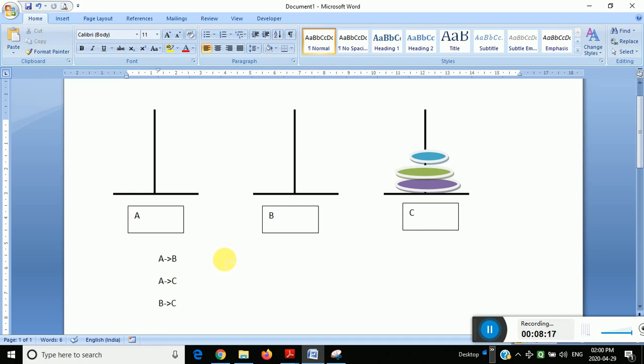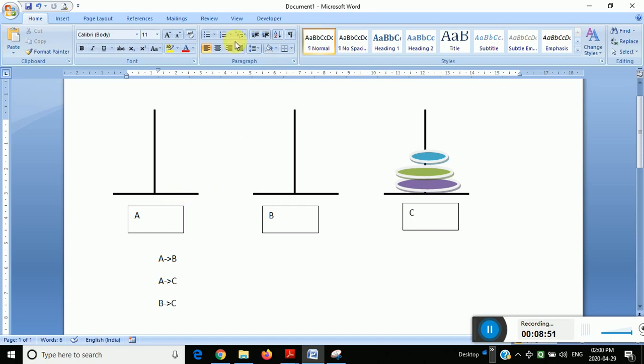So in the next video I'll explain the program, and along with that there is a formula for how to solve this issue, whatever problem they have given. So we have done it for 2 disks and 3 disks, we can do it. Okay, but if there are around 7 disks or 8 disks, then how do we have to do it? So there is a confusion. For that they have given 3 statements, that is, 3 types of formula are there. If you apply that, you will get the answer.